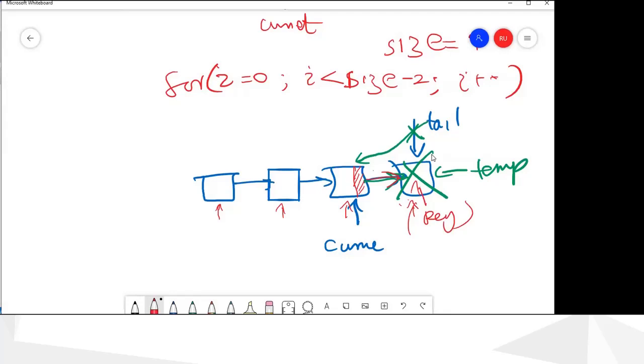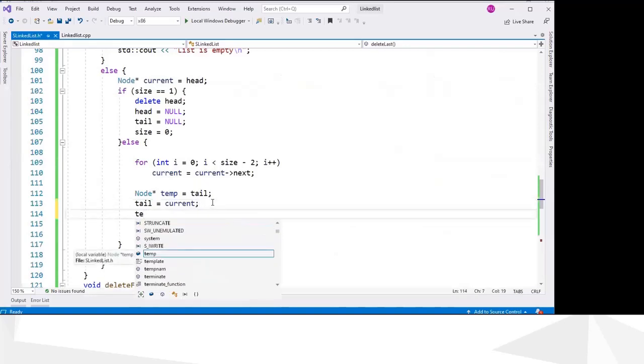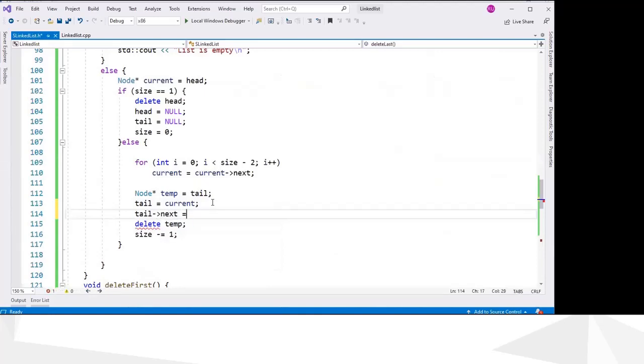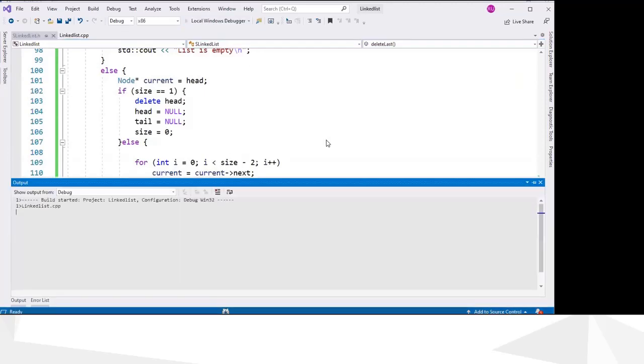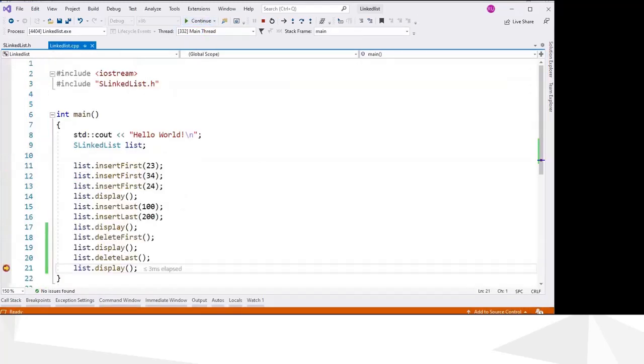So once you delete this one, we have to make this one null. Otherwise, we will go into the next memory location because we don't know whether this list has stopped here. Okay, so we haven't done that in our codes. So that was the mistake. So after this, you can make tail next equals null. And now I will remove the breakpoint here as well.